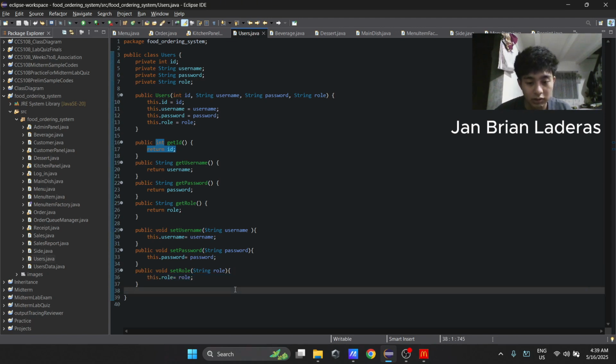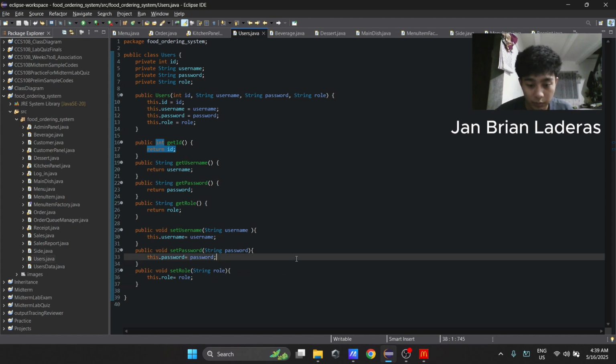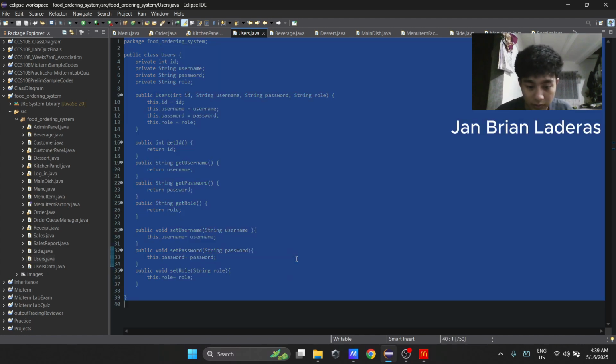Then the quick summary: these fields are private for encapsulation, getters expose read access, and setters provide controlled write access, except for ID, which stays immutable because there's no set ID.